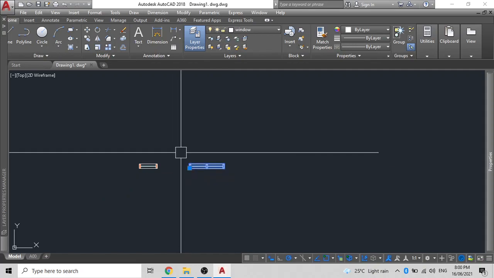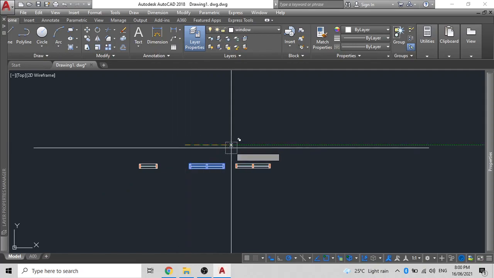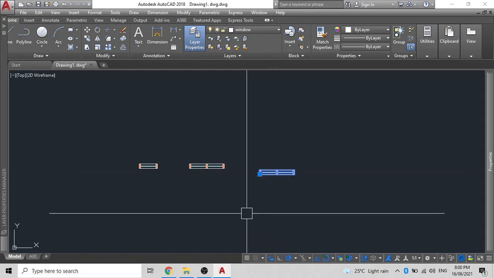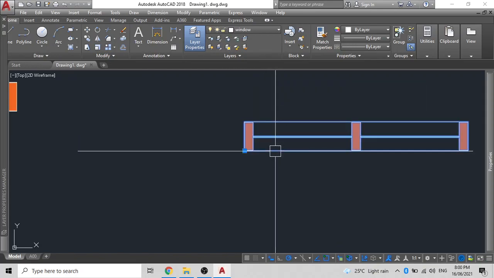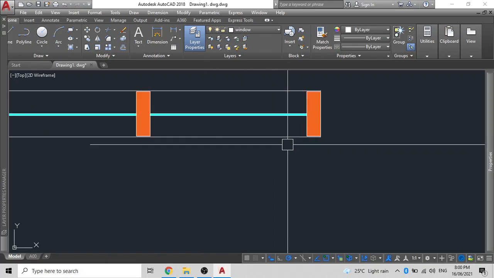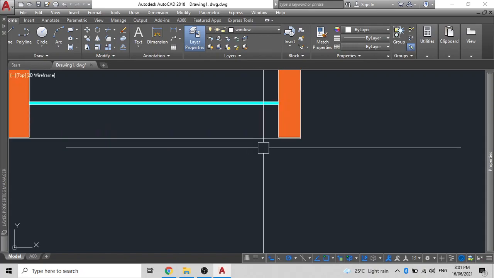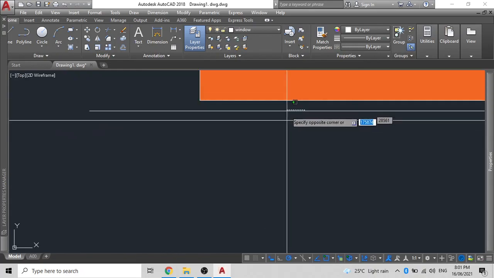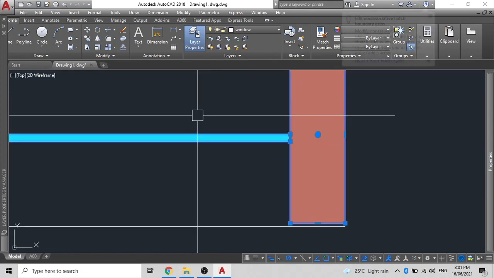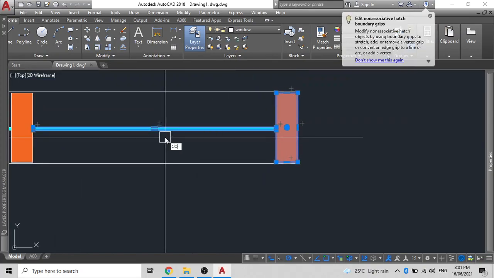Now similarly, if you wish to create a 3x4, 5 or 16, whichever one suits your requirement, you can simply copy it, explode the blocks, and just repeat the processes that I have showed you here earlier. In this case, you can select both and just copy it from a base point